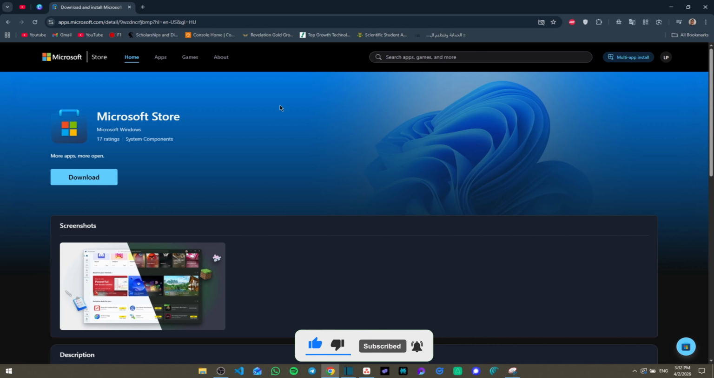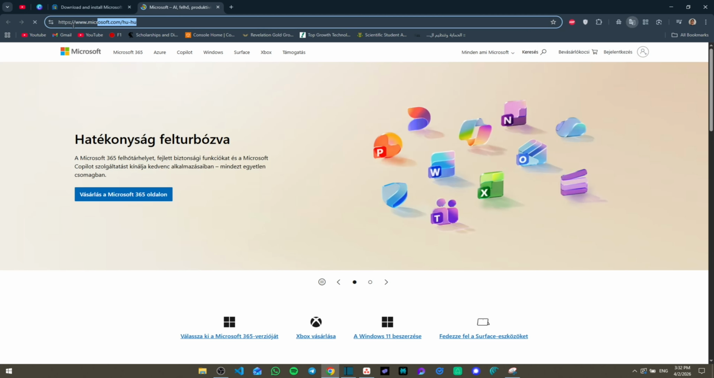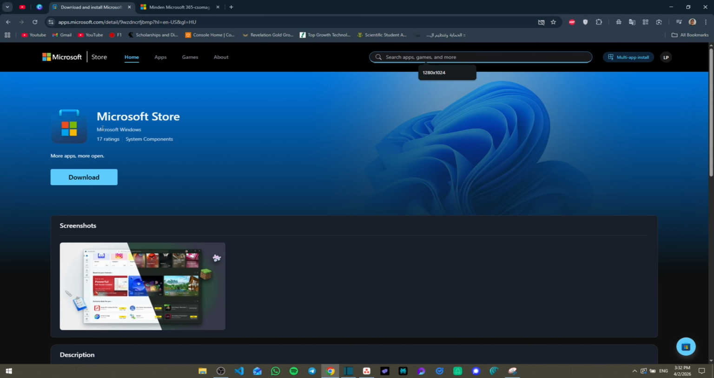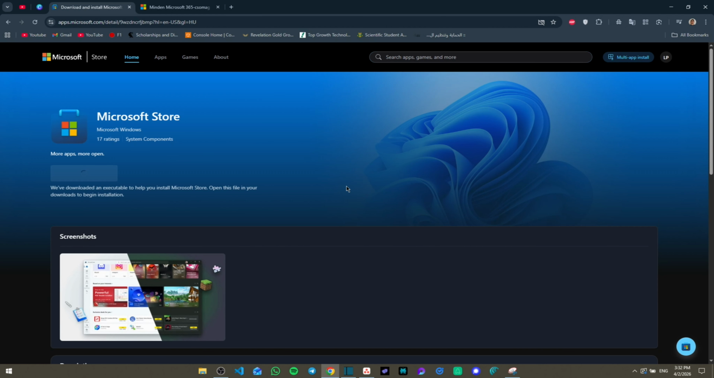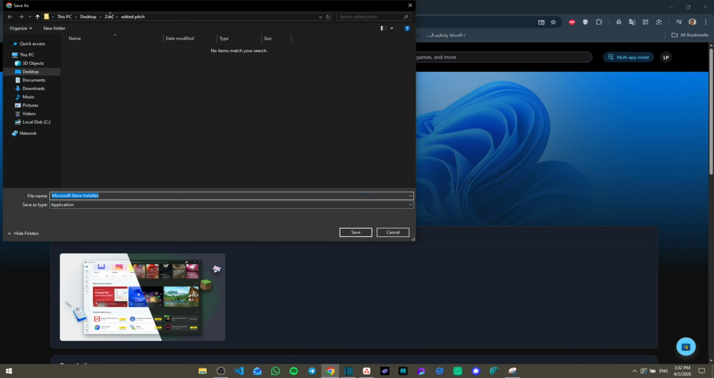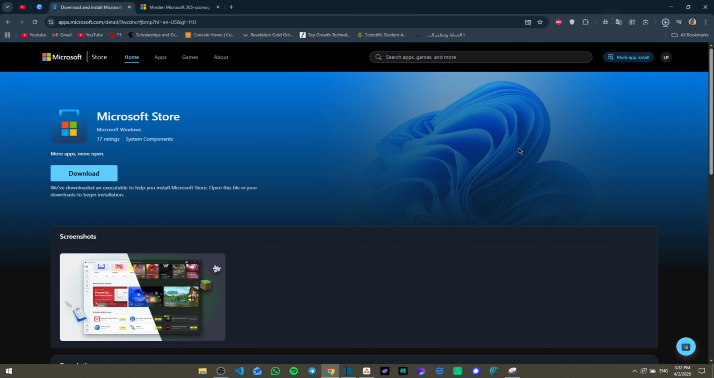So your first option can be simply just going to the online Microsoft Store, which you can see right here in this link. And then from here you can simply search for it in the search bar, which is right here, and search for Microsoft Store. Then once you click on download, it's going to download it, to install it right here. Make sure to save it. Once it's saved, then it's going to appear right here in the installer, and then from the installer you can